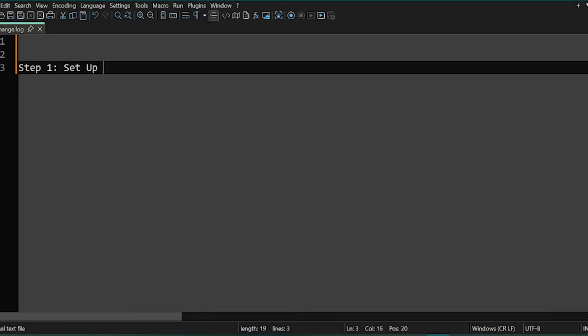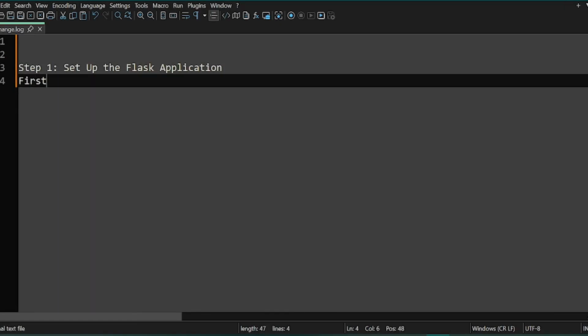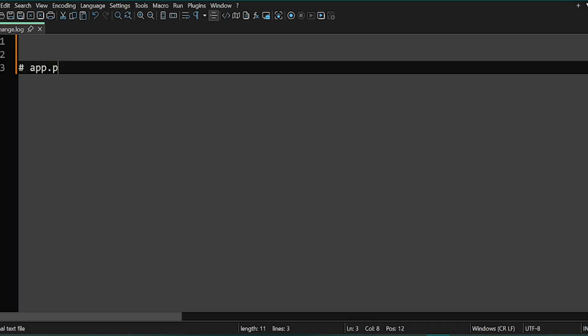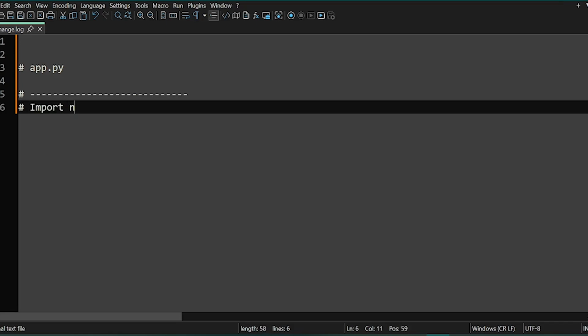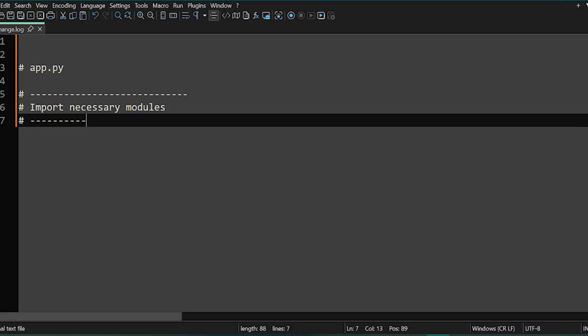So guys, step 1 is we want to set up the Flask application. We have around 10 steps. First, let us create our main Flask application file. Now guys, it's time to populate our first file, app.py, and you have to import the necessary modules or libraries